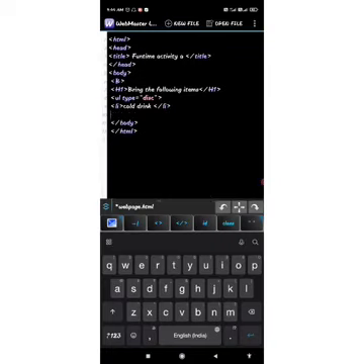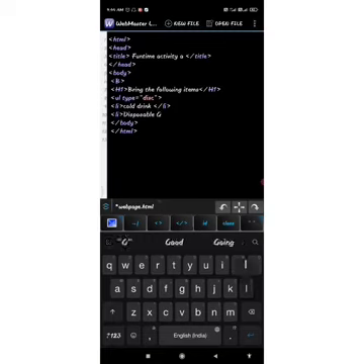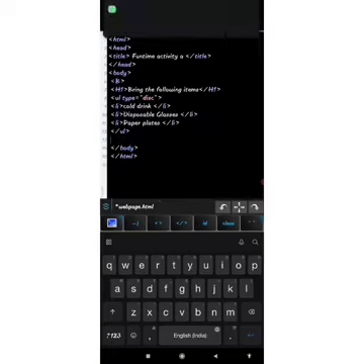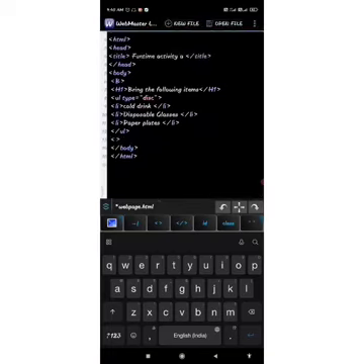Similarly we write the others. Now we will close the unordered list. UL tag we will close here. After that, another list we will write, that is OL, that means ordered list.